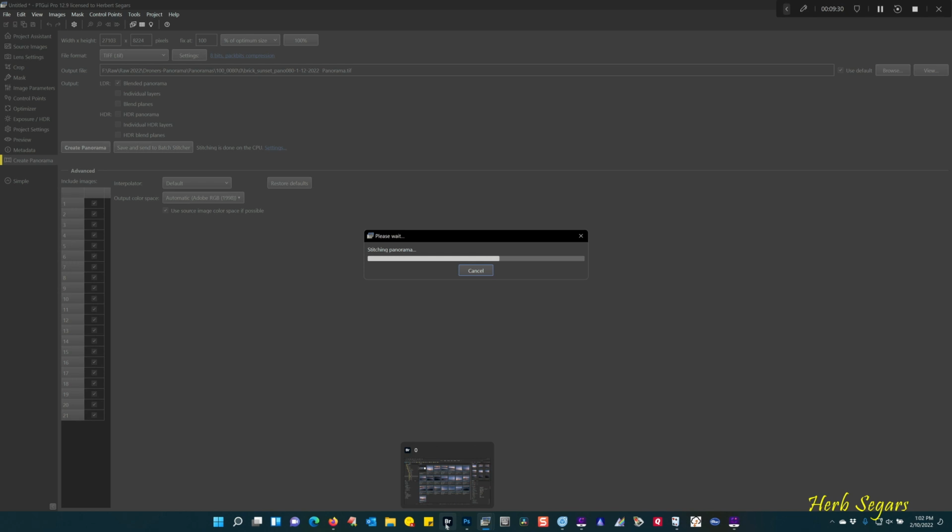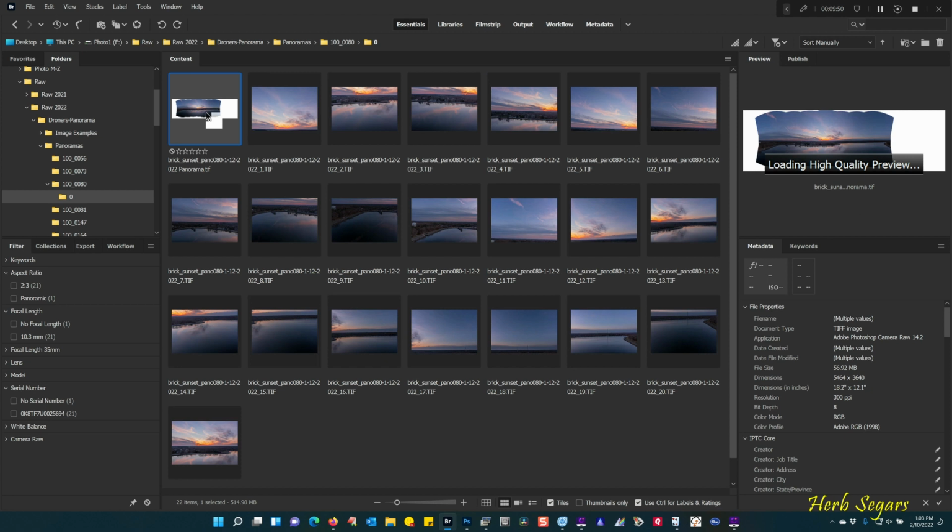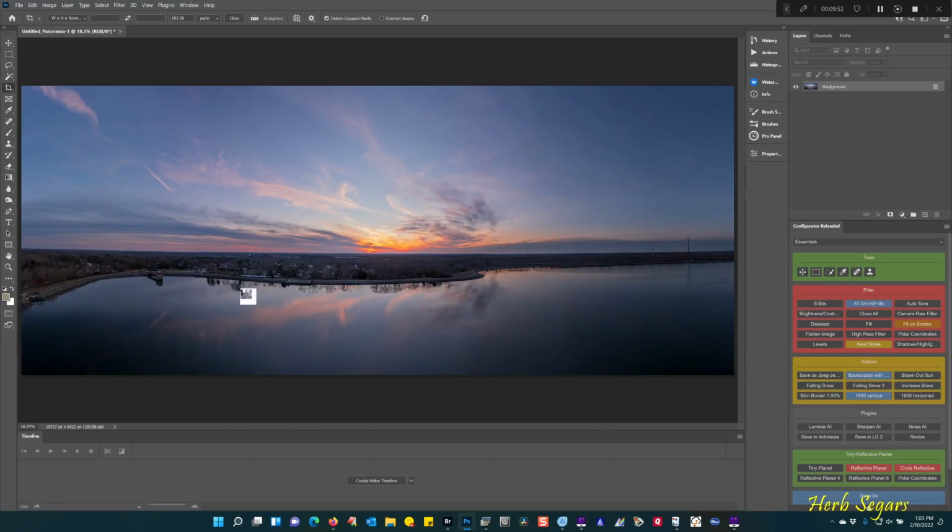Once this is complete stitching the panorama, I'll go into Adobe Bridge. We'll find our panorama right here, first image on the left, double click, bring it in Photoshop,